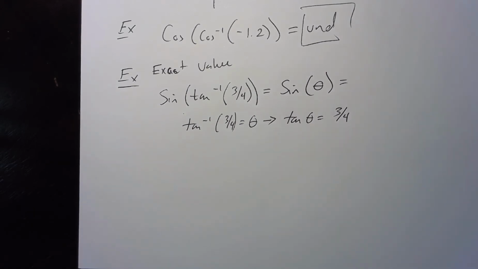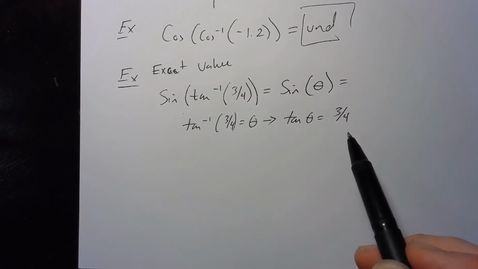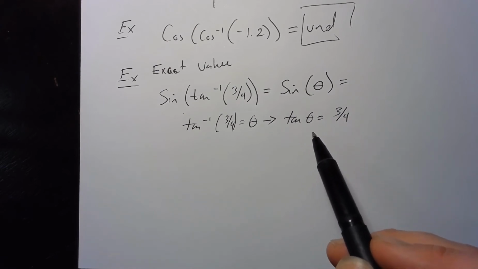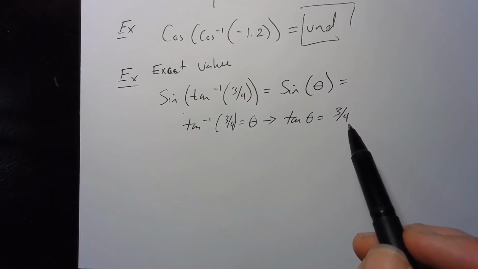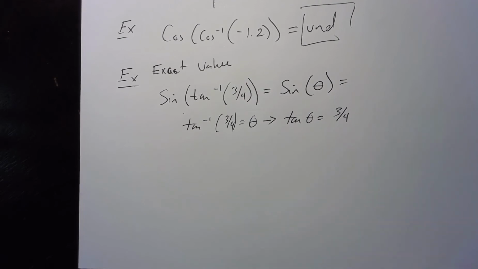And I'm going to stop and ring a bell here, and say, wait a second. Every tangent of theta, every basic trig function, not inverse, is supposed to be equal to a ratio of values from a triangle. Well, if this isn't a value that I know quite easily on the unit circle, which again it is not, I know radical 3, radical 3 over 3, 1, and some undefined and 0 values. But nowhere on the unit circle does tangent of theta ever equal 3 over 4. If that's the case,